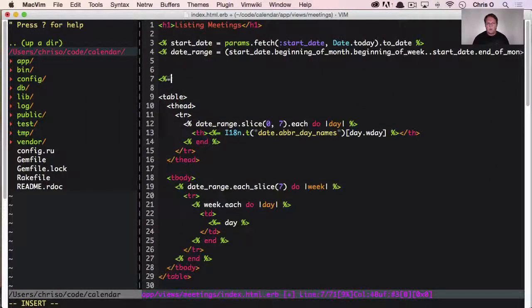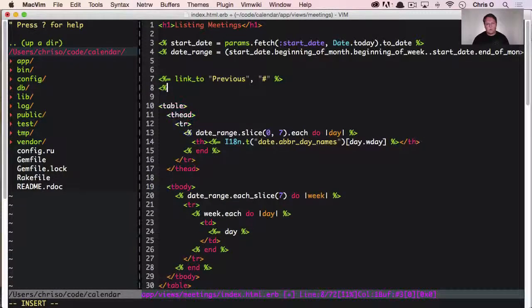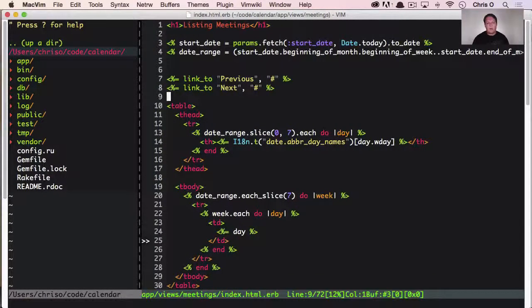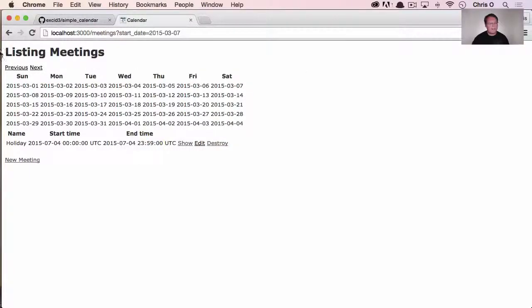So here we can make our links for that, and we can just say previous, and we'll figure out what this URL should be. And then we also need the link to next, and we'll figure out what that should be as well. So we're going to want to put these two links in here so that they calculate, based on the current URL, what the previous month or view should look like, and then the next one,